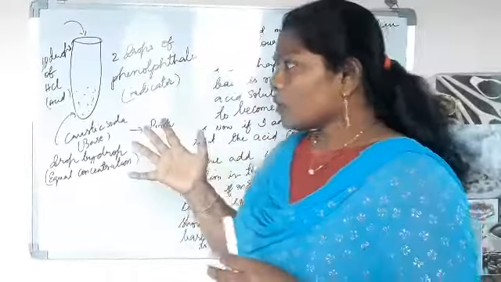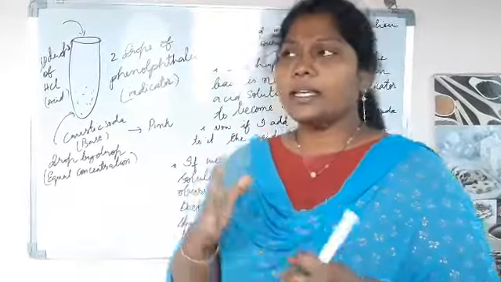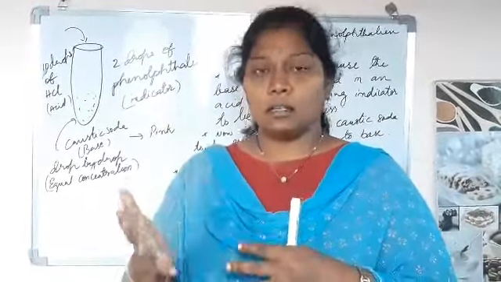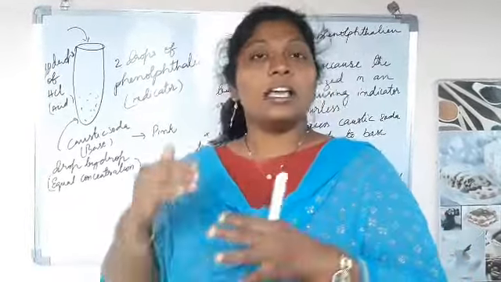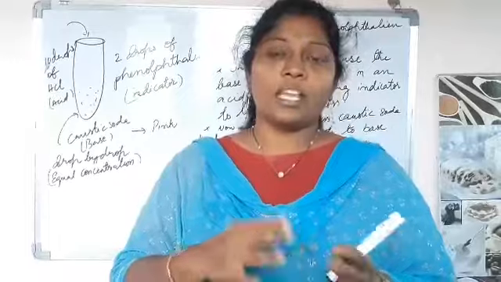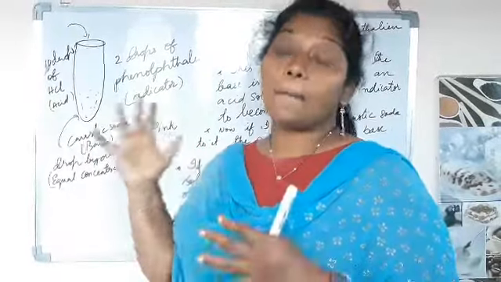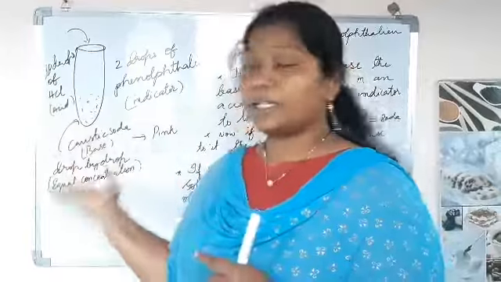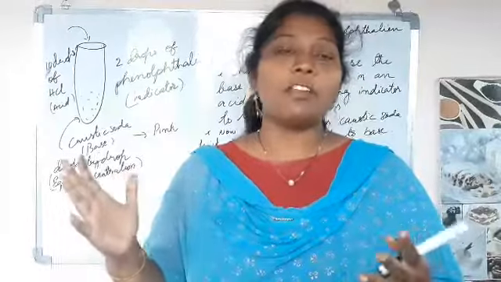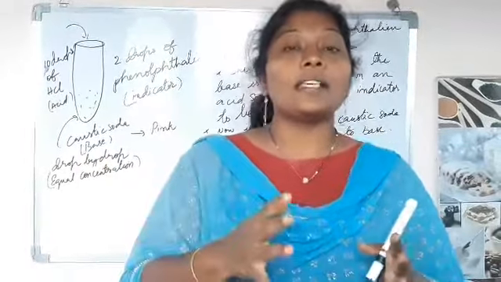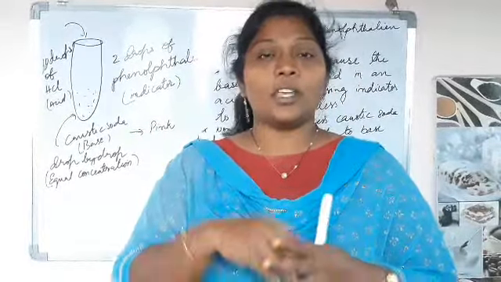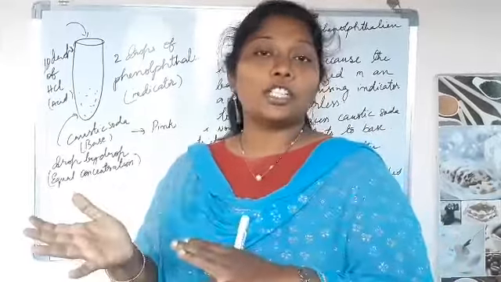So I'll ask you one question. See here, an acid can be converted if excess base is added. An acid is converted to a base if excess base is added to the solution. The same, vice versa. If we first take a base solution and then add acid to it, what do we observe? The same reaction will be observed. A base can be converted if excess acid is added to the test tube. So a base can be completely converted into an acid.